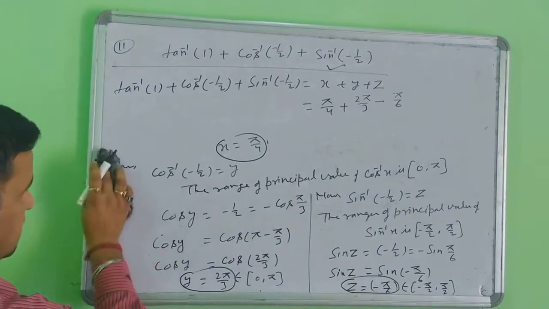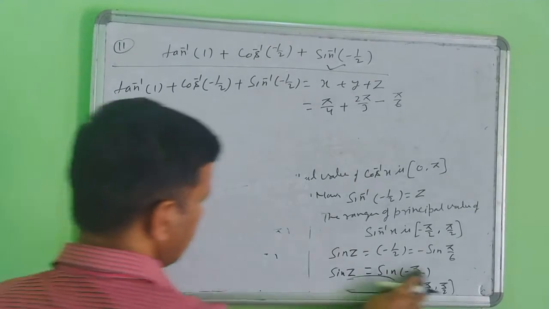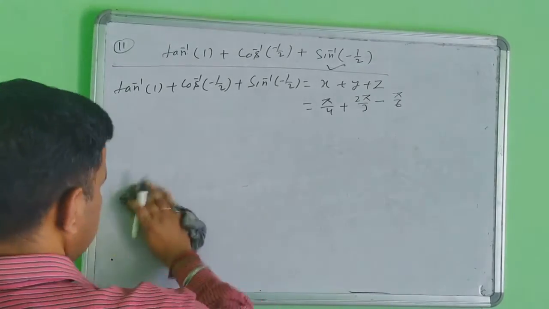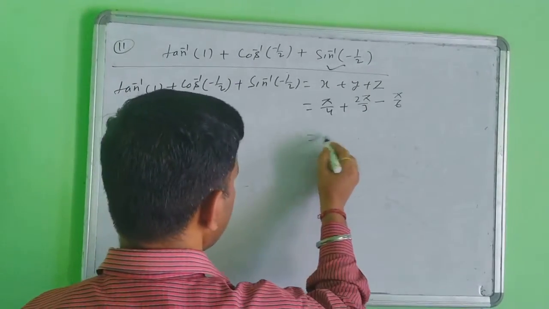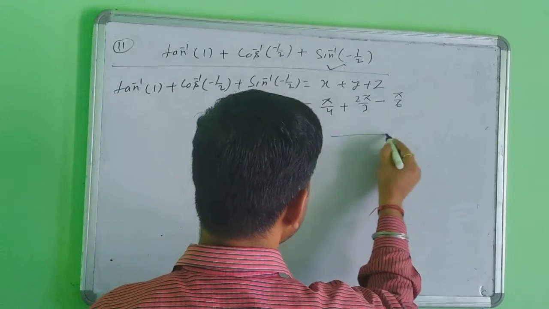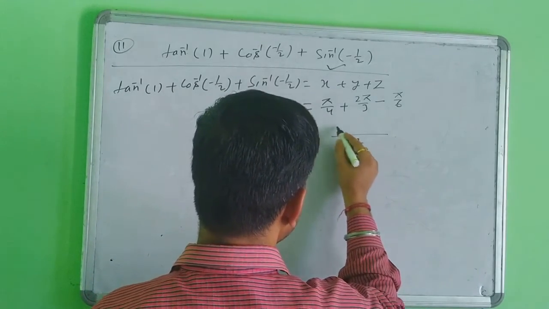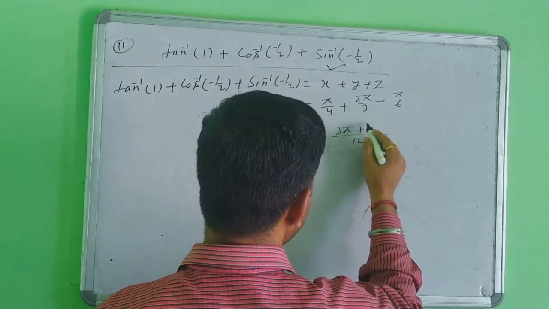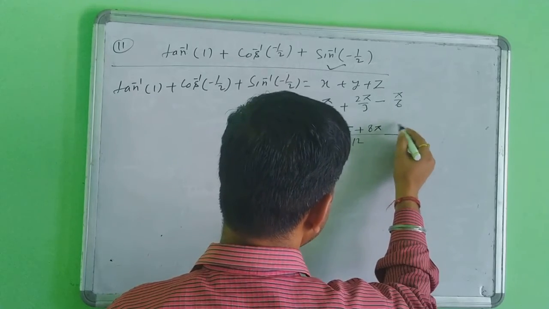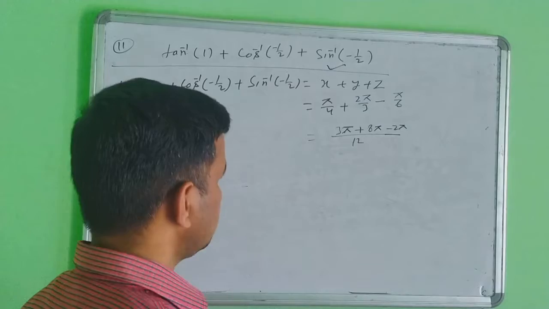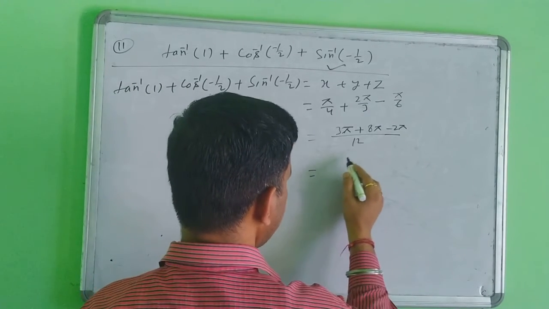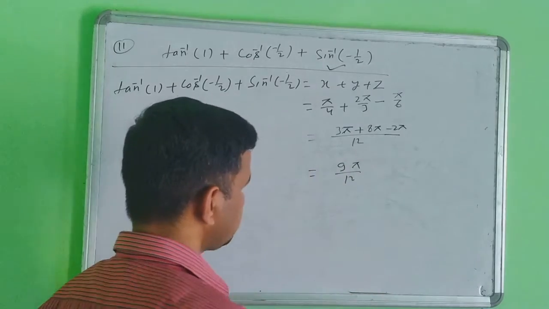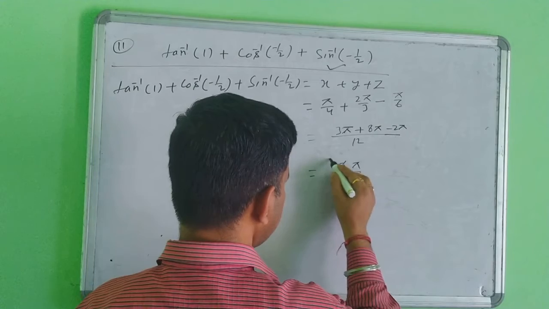Then you will clean it and calculate these values, then you will get the correct answer of this inverse function. And now what is the LCM here? 3, 4, 6, the LCM is 12. 4 threes are 12, so 3 pi plus 8 pi minus 2 pi is 9 pi. So 9 pi by 12. You can consider 3 threes are 9 or 3 fours are 12.